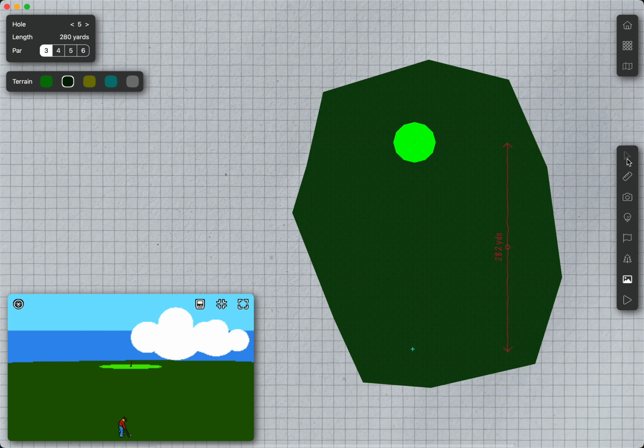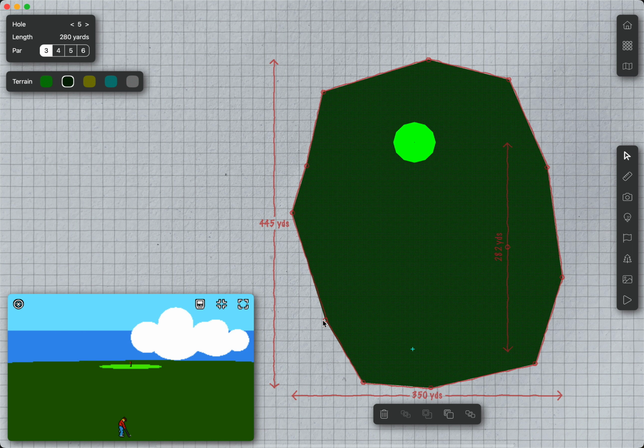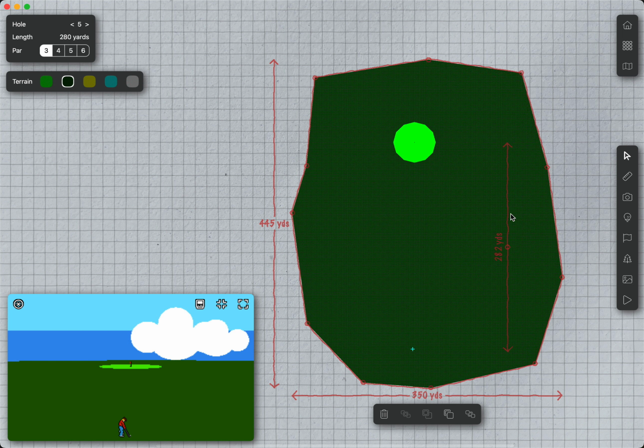Okay, I'm just going to drag this out a little bit here, and here, and here. You can see the preview updates as we do things. It doesn't really matter how precise that is. It's just an approximation. I've put the hole over the top of a fairway so we can send it to back. Okay, there we go. Bit of fairway, and then I'm basically going to make this a bit of a bunkery